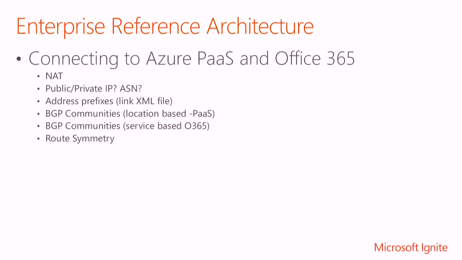Another thing is that when you connect to PaaS or Office 365, you are connecting to all the services within those clouds. You may not use all PaaS services. You may just use certain services, or you may use them only for a specific region, not throughout the globe. So you don't want to receive all the routes, because it's going to send you a lot of route entries. Some customers don't want to learn all those routes. They want to limit it to what they really want to connect.